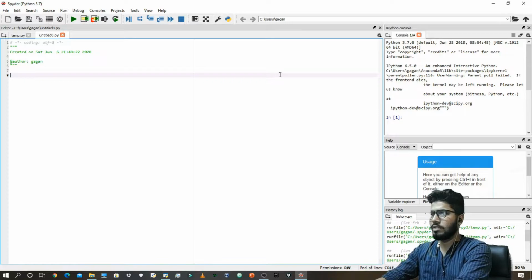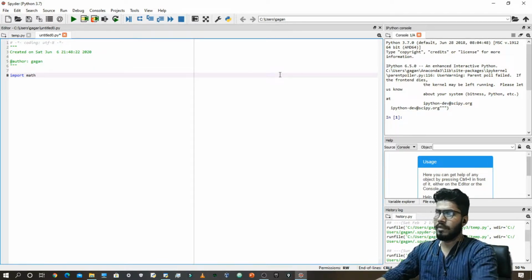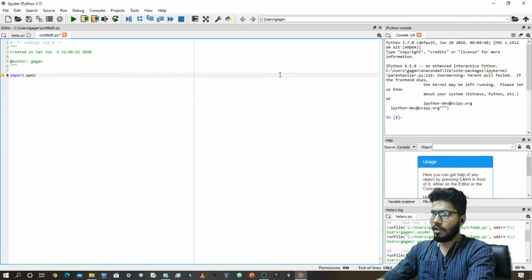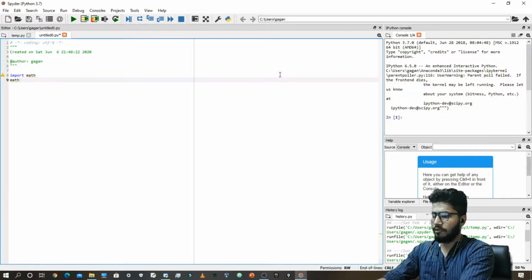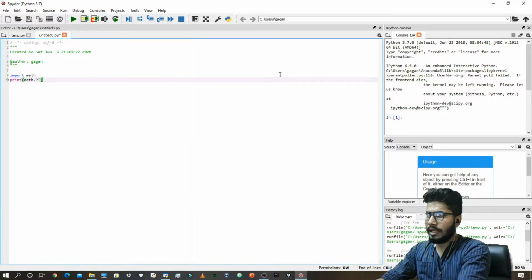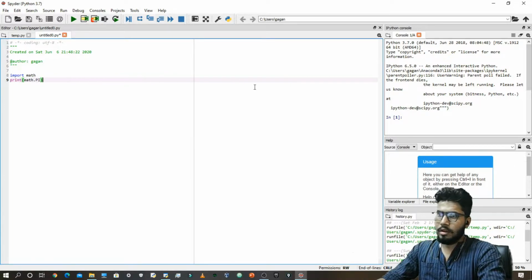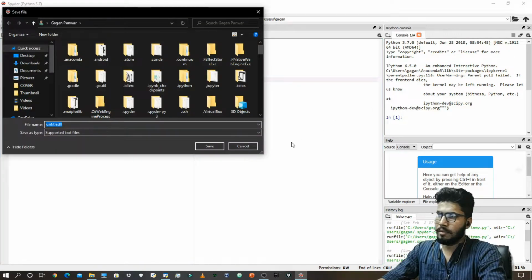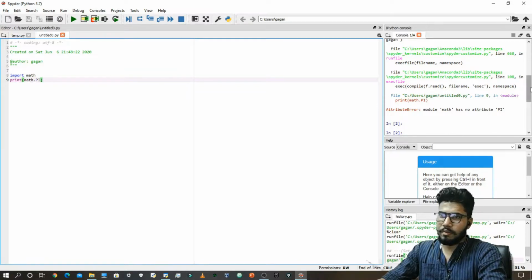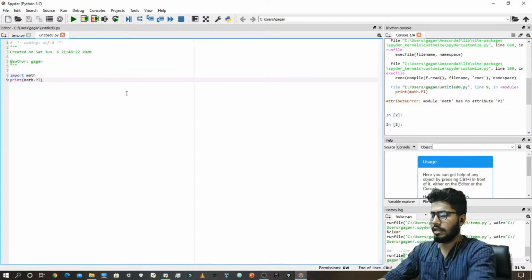So let's suppose I want to import math. Math is a predefined Python library, and it has some functions or some variables like pi. So if I print math.pi, it is not capital, it should be a small letter.